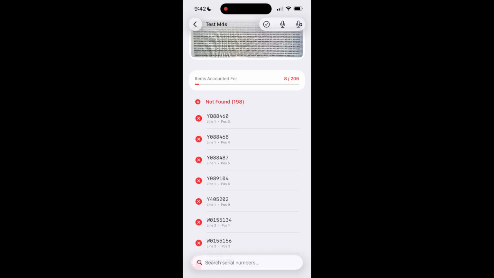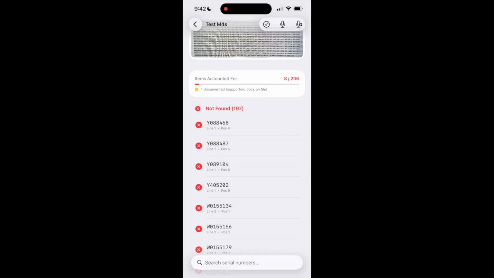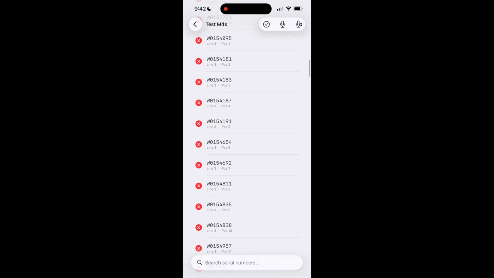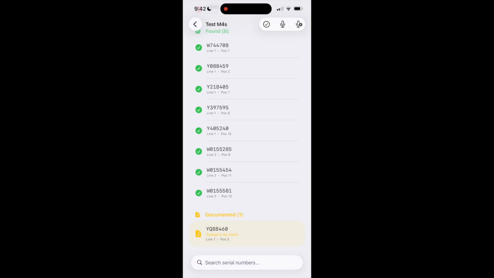SI sheet. So I can click to the right, or I can swipe right. I click note. Here, all I got to do is put turned in for maintenance. Hit save. As you can see there in the progress bar, I have one item, supporting docs on file. If I scroll all the way down here to the bottom, I can see documented, that weapon turned in for maintenance. Once I see the supporting documents, whether it's a 2062 or some other sort of hand receipt, that is